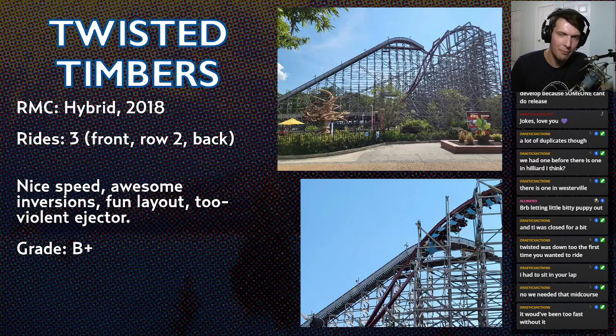I did ride front and back, and it's hard to say which is best. Probably front, just because you don't get quite as much violent ejector and it's a good view. But either way, the lines were so good that if you're there on a weekday like I was, it's pretty easy to just get a couple different seats and see what you like. All right, number 2,